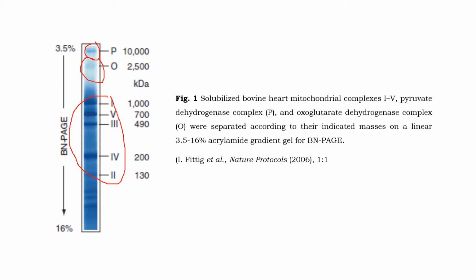Here you can also see the gel gradient which was being used, that is 3.5 to 16% acrylamide gel concentration, and each complex can be determined by their molecular mass or by performing other techniques like Western blotting or through mass spectrometry. Later the bands containing the protein of interest can be excised from the gel and separated out by techniques like electroelution. So these protein complexes that have been separated out by blue native PAGE can be reused again. So that's one of the main advantages that I earlier told about blue native PAGE.